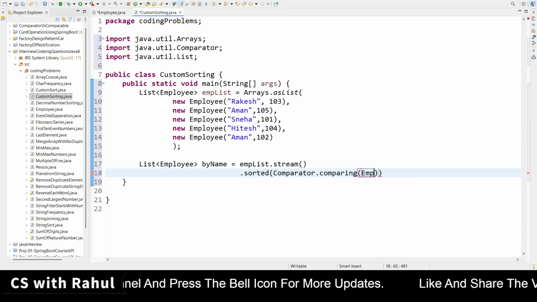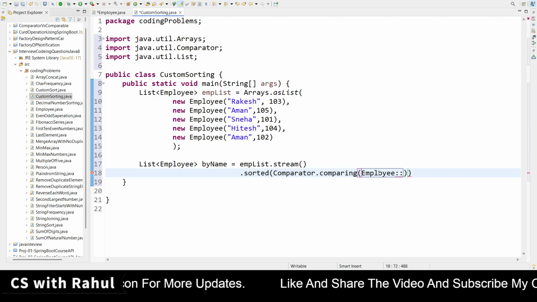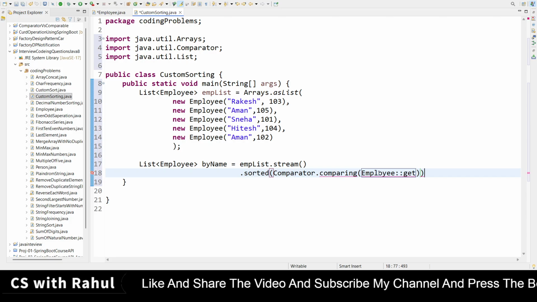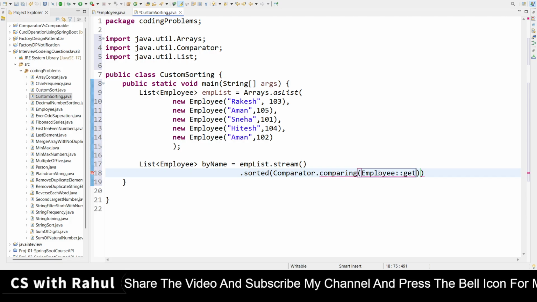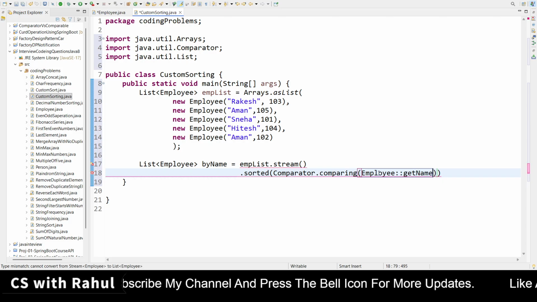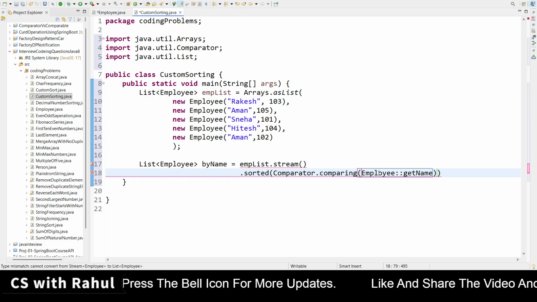So I am using the method reference. It is more compact and more readable. So here I'm using getName. So once you are providing it by method reference, you are comparing it by the getName, means based on the string you are doing it.